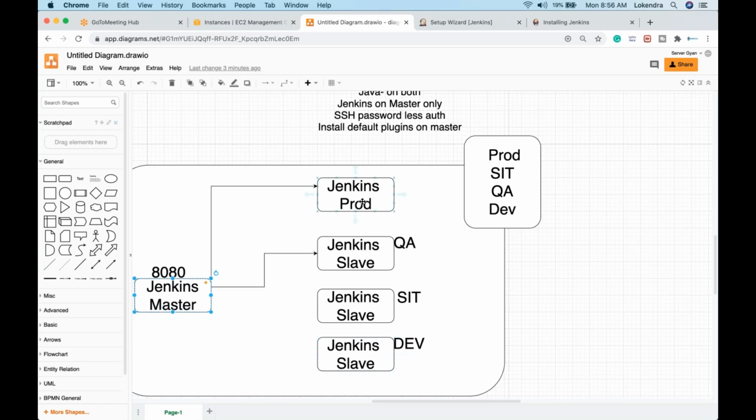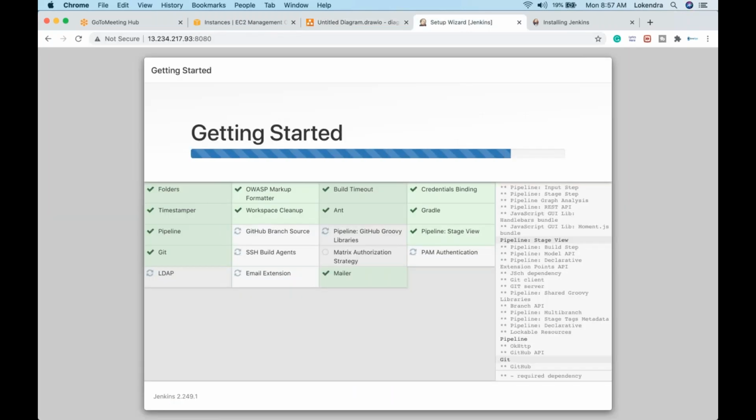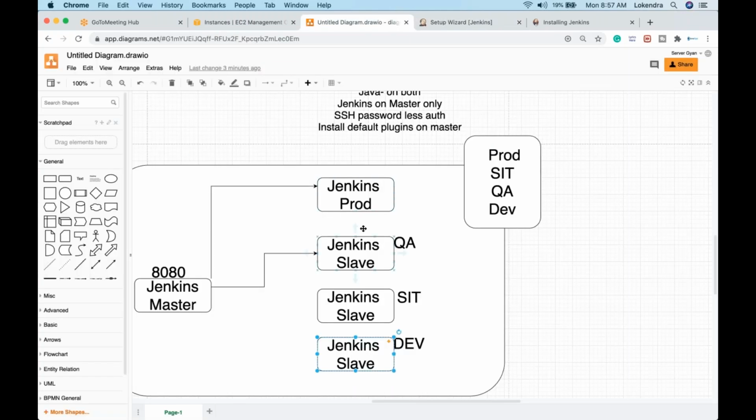So all the tools, let us say you are going to run a particular Java project. A Java project is usually built with the Maven command. So Maven has to be installed not only on the Jenkins master, but onto all these slave machines as well. Otherwise it will give you an error that the Maven command is not found, and so on. You will get these sort of errors if you do not perform the practical and do not install all the tools onto all these machines.